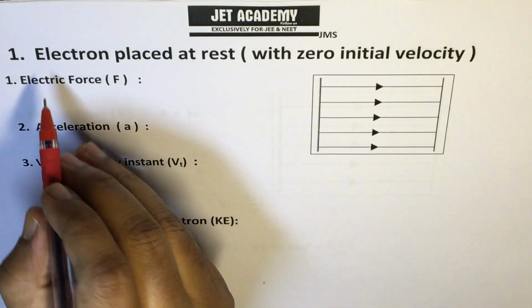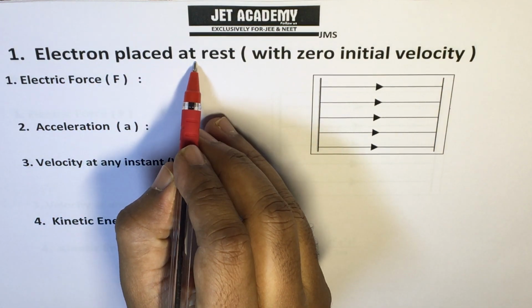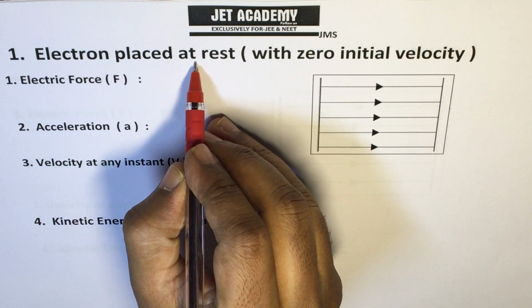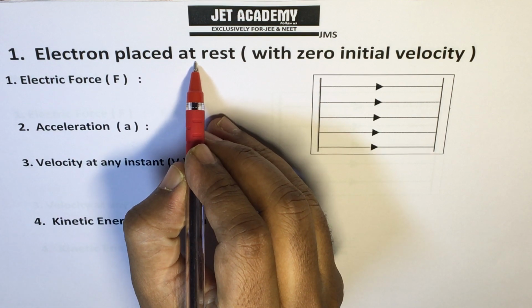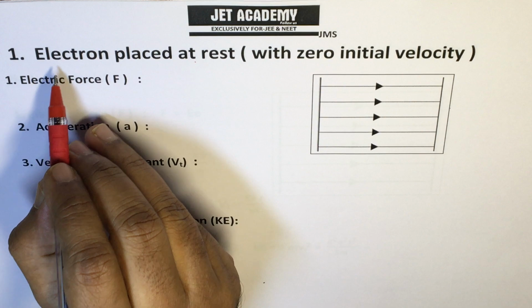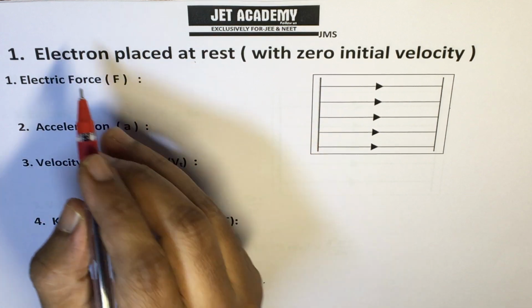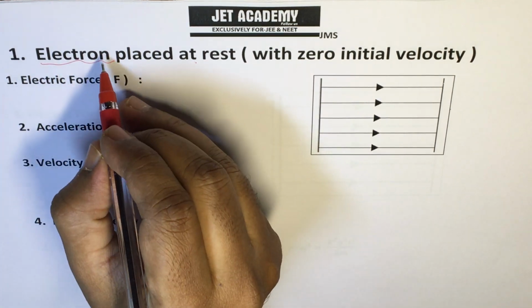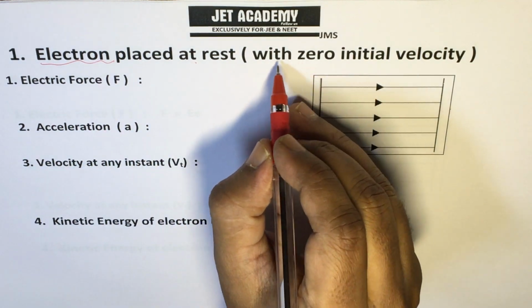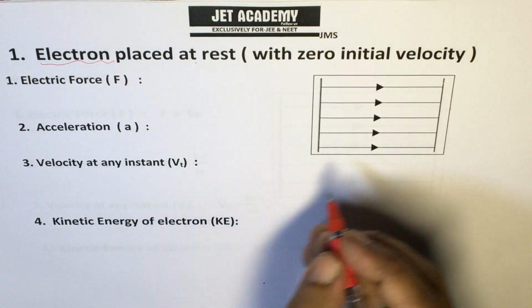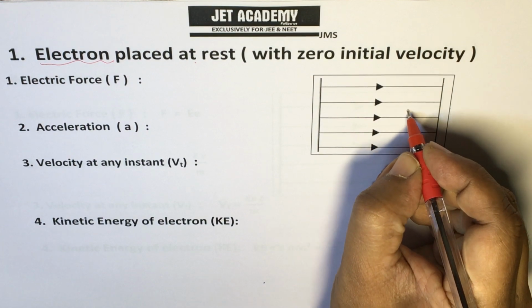Here, the first: electron placed at rest. Understand the situation very clearly, and the same thing you have to apply for any type of charges. Electron placed at rest. Here, electron, negatively charged, placed at rest means with zero initial velocity. Here I am going to keep an electron